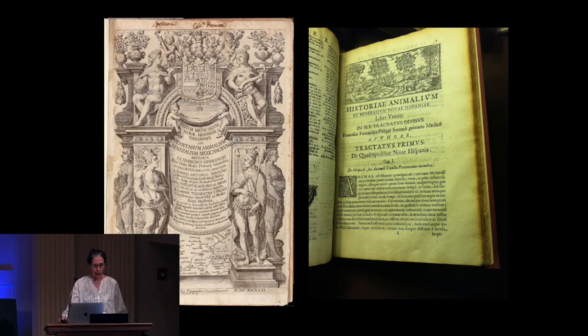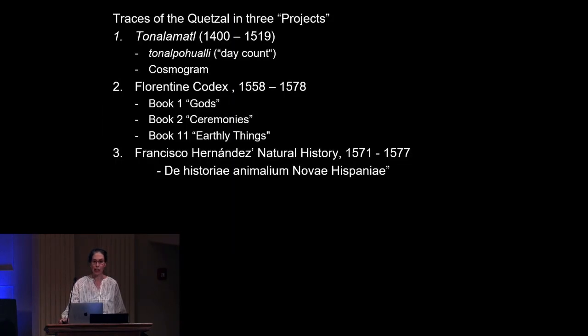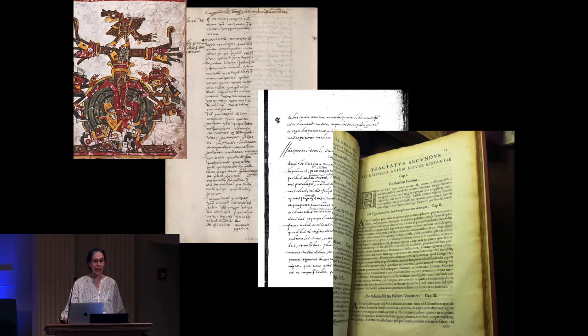So I'm going to begin by giving you a quick description of the 3 projects that I want to bring together. I'll say more about these in a second. And then in the second part, I'm going to be focusing on the sort of clues that come by focusing on a single kind of specimen, here the Quetzal bird, that I think allows us to overcome the kind of disavowal that we saw in Hernandez and show that these projects are much more interlinked than have been previously understood.